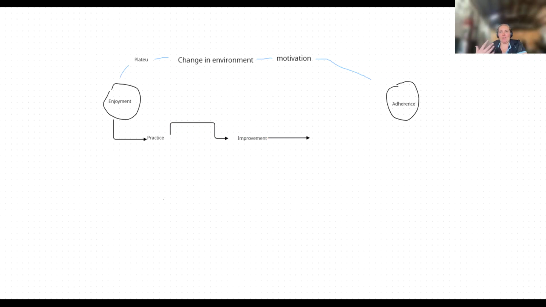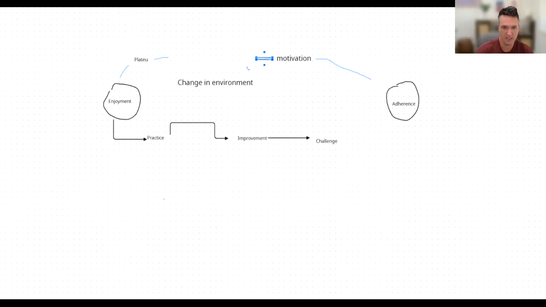And then we said, well, if they went into a change of environment, so if they were training on their own, and hit a plateau, feeling unmotivated, changed environment, went to a class environment instead, and then that motivated them, which then meant that they had more adherence. Yes, I think that's good. Maybe you haven't drawn it entirely right. This is how I would draw it. This way. So these are connected. And this change in environment is really the intervention, right?